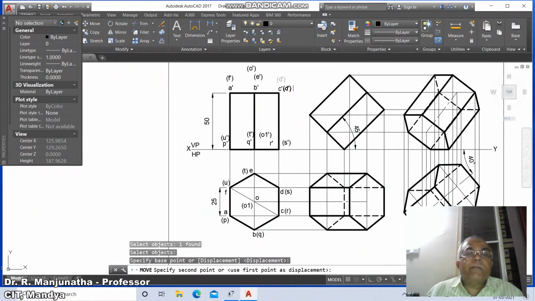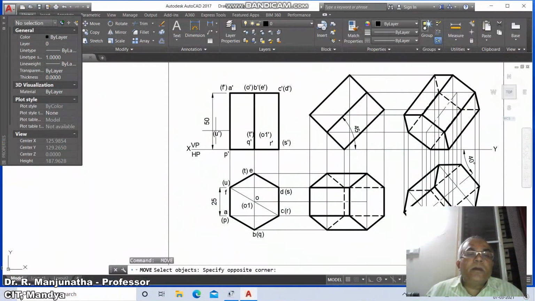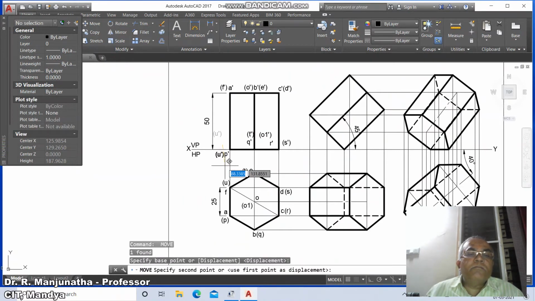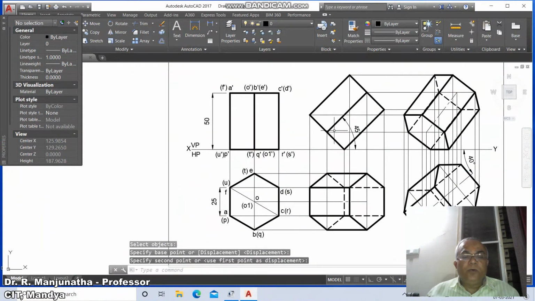D dash, then E dash, then O dash, then F dash, then P dash, then U dash, then Q dash, then R dash, then S dash, then E dash, then O1 dash, then go to copy,